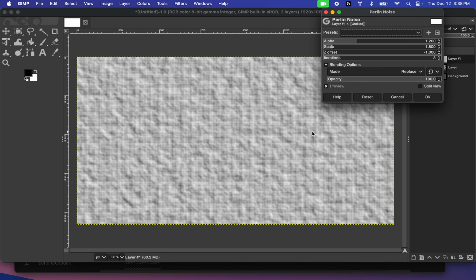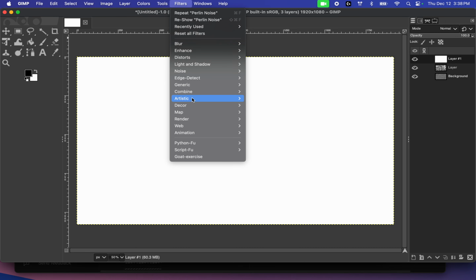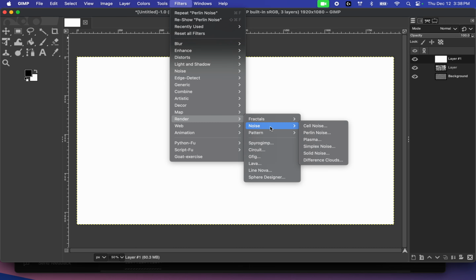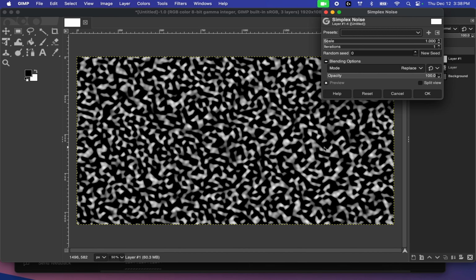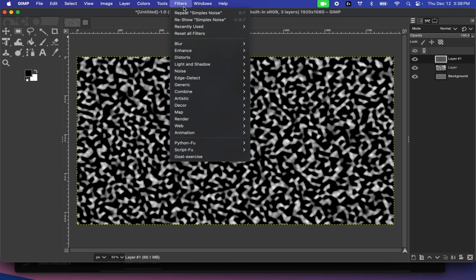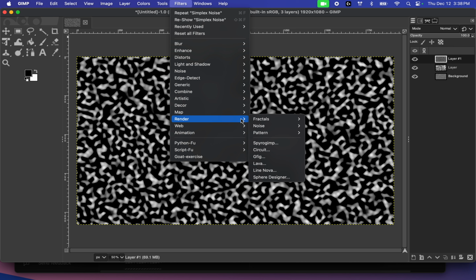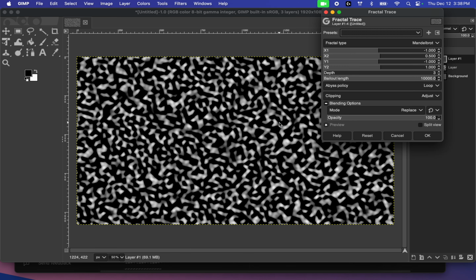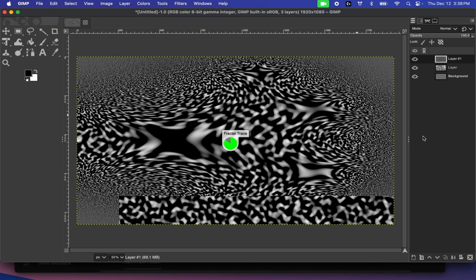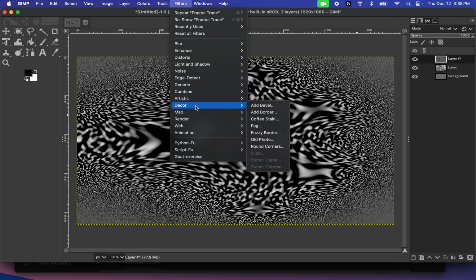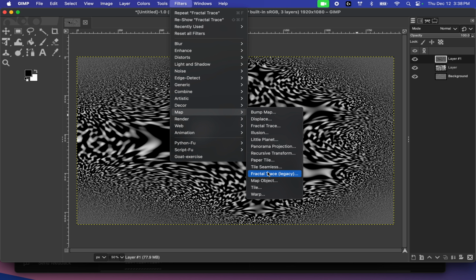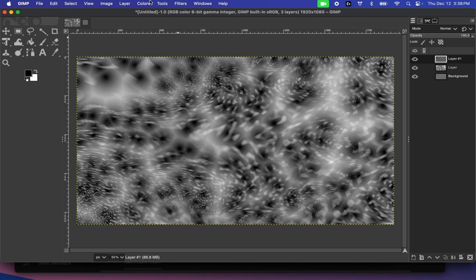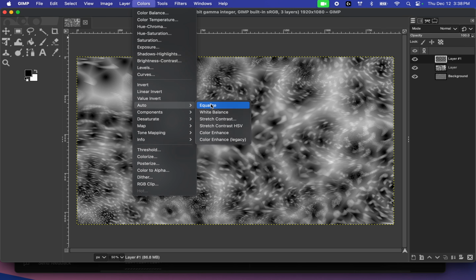What's Perlin noise? Let's see. I don't like that. Let's do, sure. Let's go ahead and make it a little bit fancier. There's like a fractal trace. That's under map. Yeah. Can make things interesting. I like the illusion one better. That kind of, yeah, that one. Sure, whatever. What's fun about this is